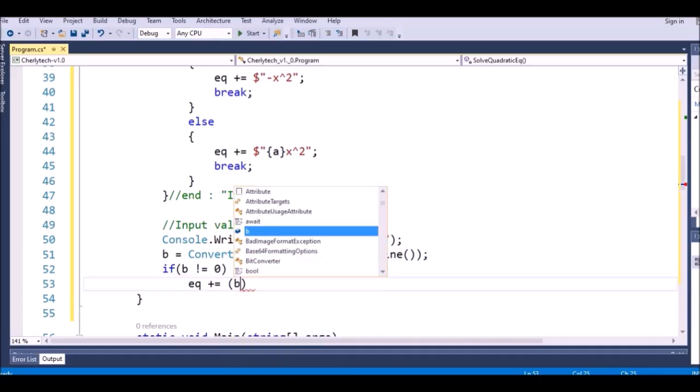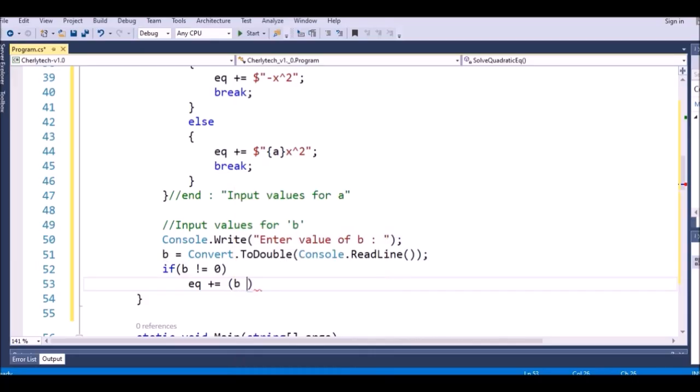So if b is greater than 0, this asks to look like this, then it will be like plus, right, b like this. This means that we show the value of b to the console like this, and then we plus by x like this,